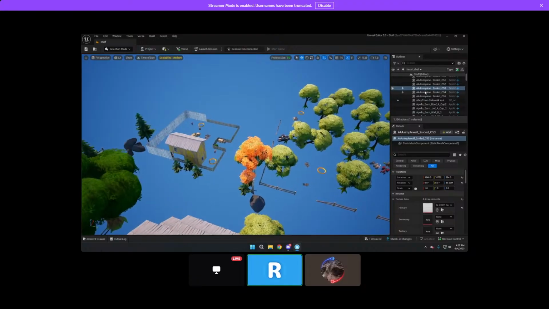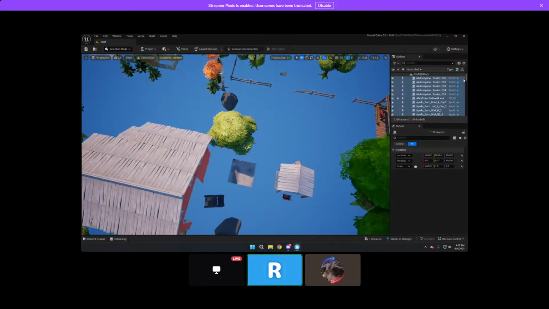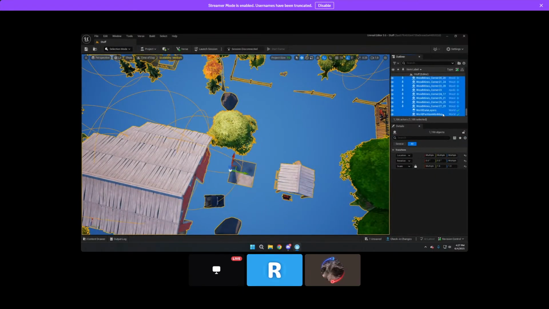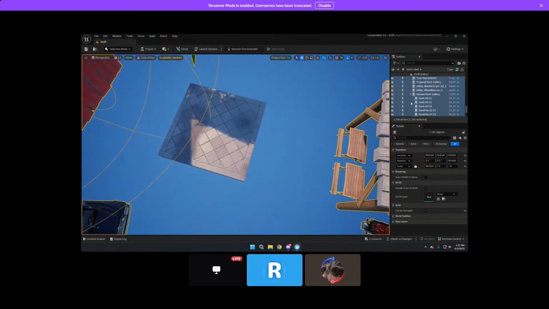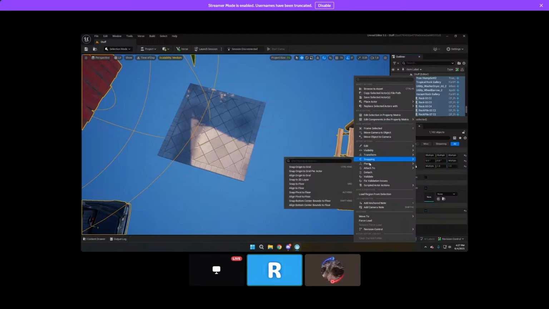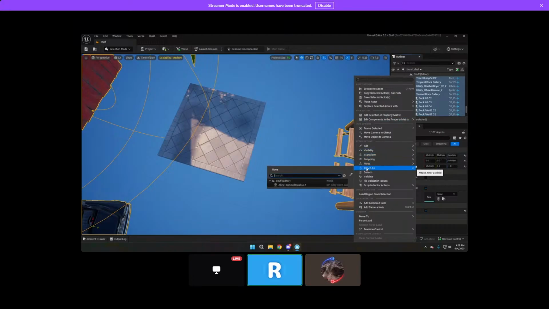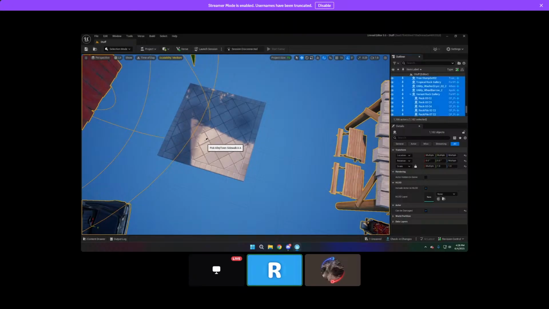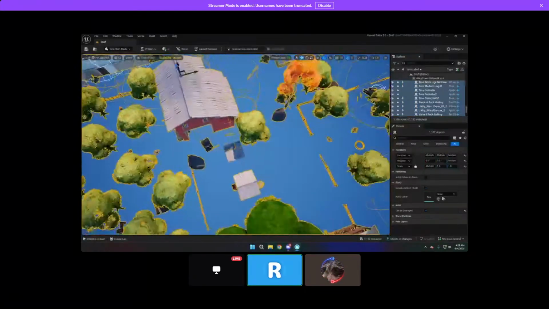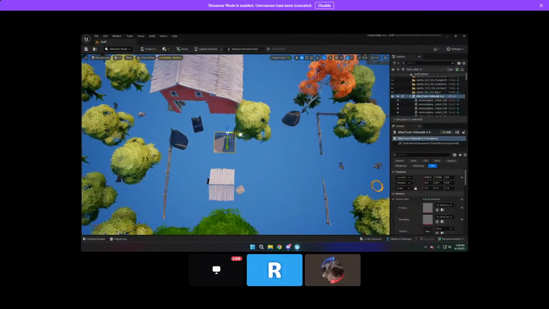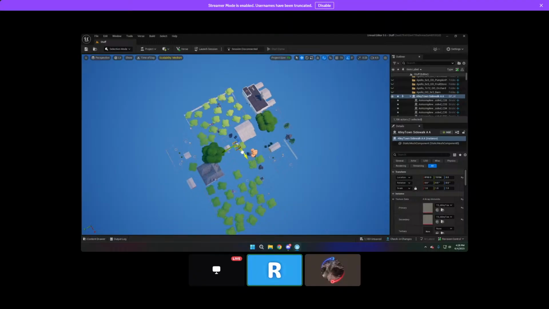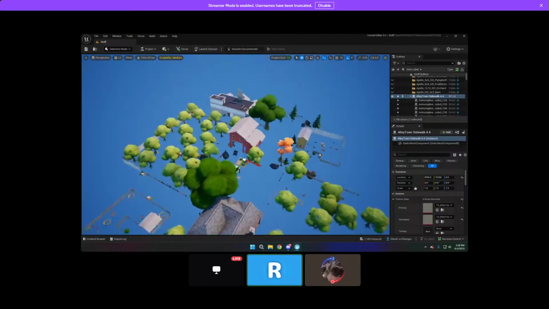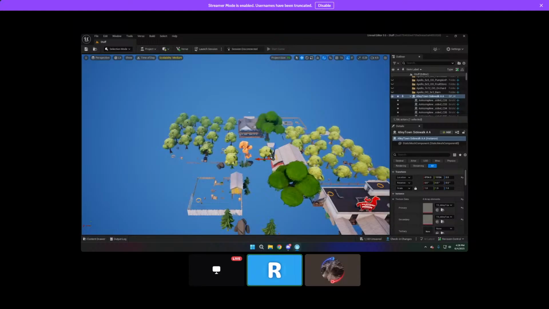So you need to select everything and then deselect the gameplay stuff. Yeah, like that. And if it still doesn't work, deselect, yeah, there you go. You see? Okay. Cool. So now the entire POI moves with the floor.